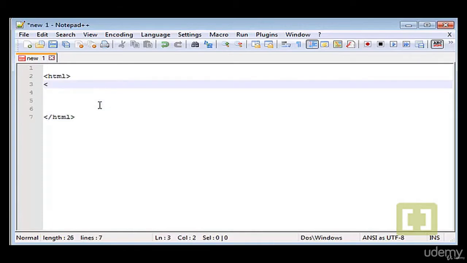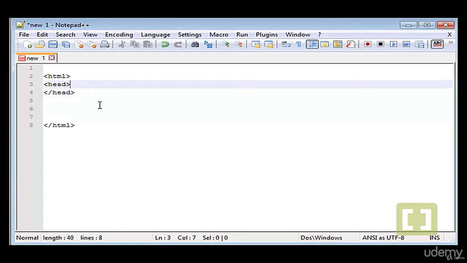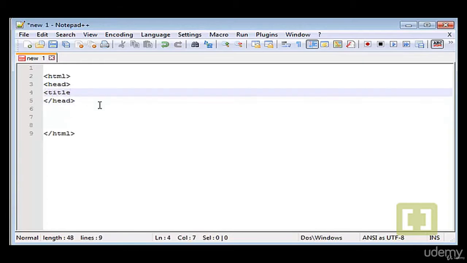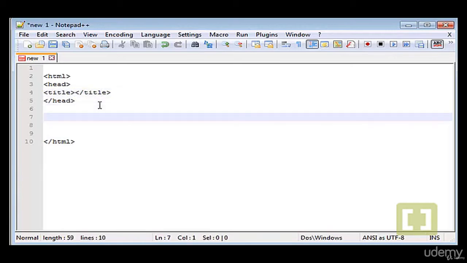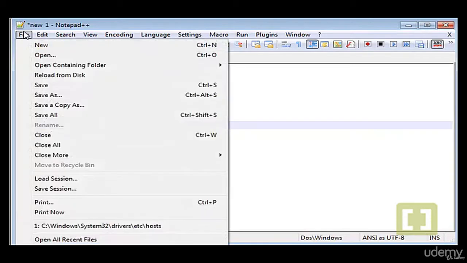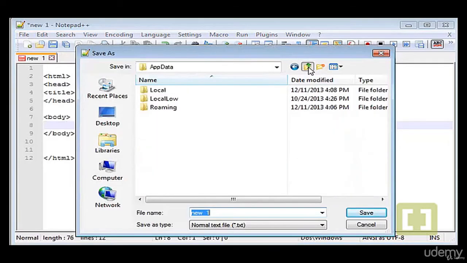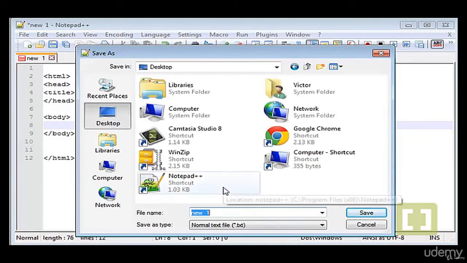If you remember from the first chapter, we just create HTML tags and then the head, close head, and then we can type title, close title, and the body section, close body. Okay. Now let's save this. I'm going to save this on my desktop and call it